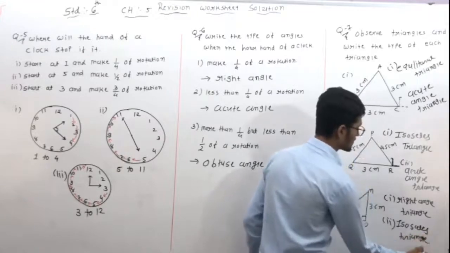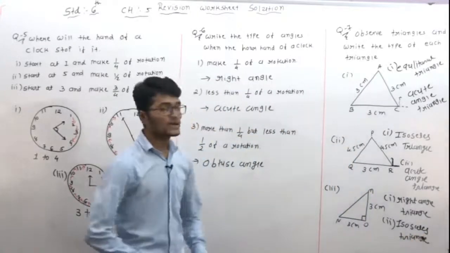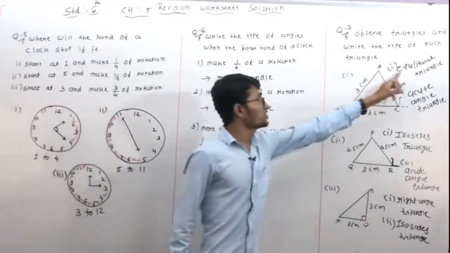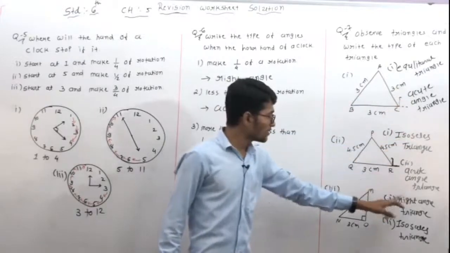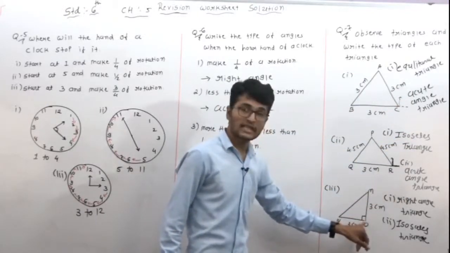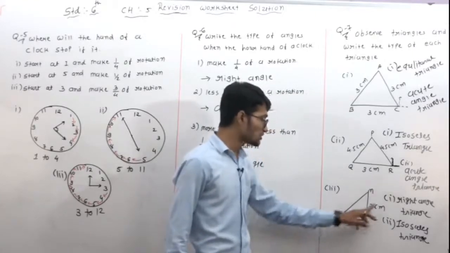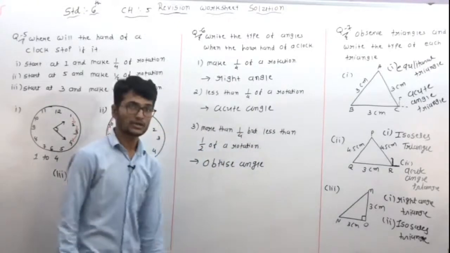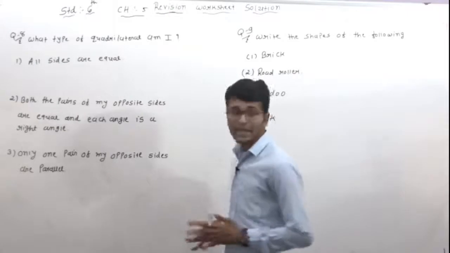So understand, dear students, question number 5, 6 and 7, types of the triangle. See the equilateral triangle, acute triangle, isosceles triangle, acute triangle, right angle triangle, because this one has the right angle sign, so this one is the right angle triangle, and the other name is, the two sides are same, two sides same is called the isosceles triangle. So okay. Now our next question is question number 8.